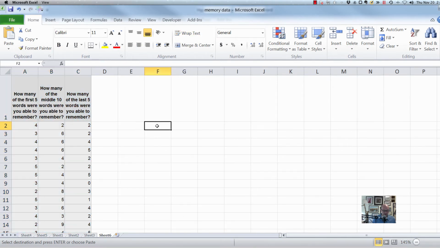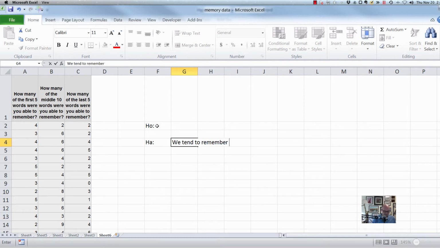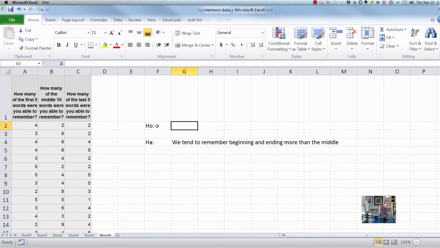So here's my null hypothesis. Sorry, let's start with an alternative hypothesis. My alternative hypothesis is that we tend to remember, let's see, the beginning and ending more than the middle. That's what I want to prove. That's what belongs in the alternative hypothesis. That's what I'm trying to prove. The null hypothesis is nothing interesting is going on. We remember everything about the same, right? So something like